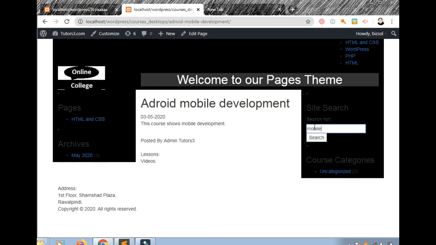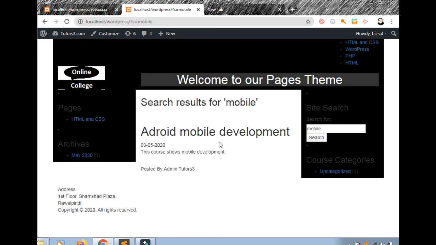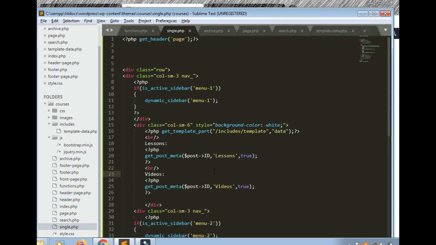Okay, if I write mobile and search, then this is search result for mobile, and okay, that is in search.php, we are not using anything. Okay, problem is this is equal, okay, we should echo this,